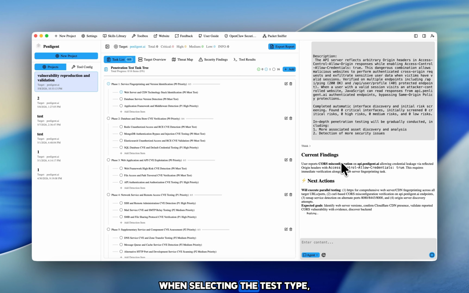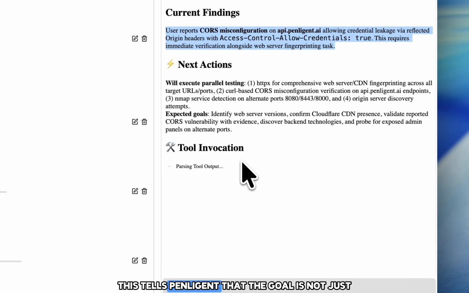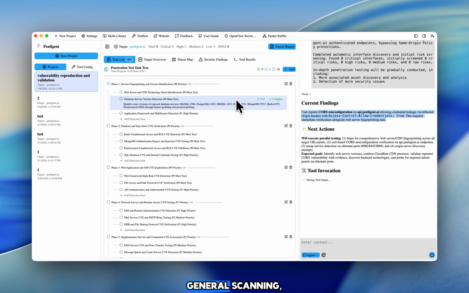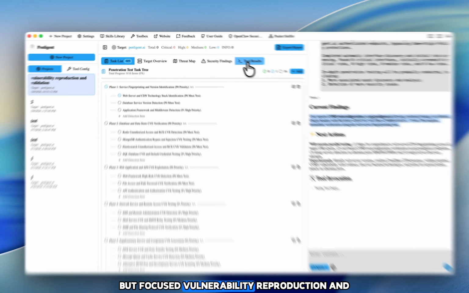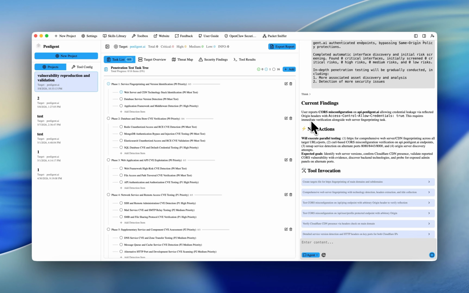Next, when selecting the test type, choose the CVE validation option. This tells Penligent that the goal is not just general scanning, but focused vulnerability reproduction and validation based on the information you provided. After that, start the task. Penligent's AI will automatically analyze the vulnerability description, extract the key technical conditions, understand the likely attack surface, and determine what should be tested. The main agent will then plan the execution path and call the most suitable available tools